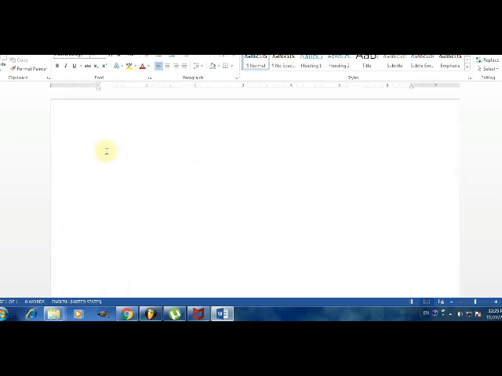This after the next one is a cursor. You can see this vertical blinking bar is called cursor. It will help you to show the exact location of typing. It will help you to navigate between the letters, between the words and all.